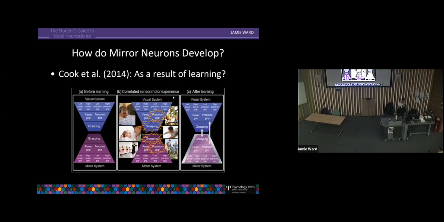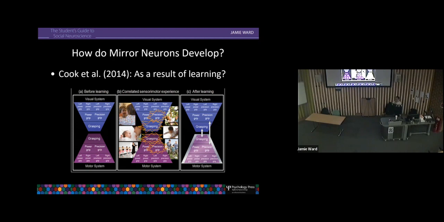And then through experience, what happens is that as you grasp for an object, you see the visual consequences of your own actions. As you engage in social interactions, you've got mirroring and imitation there. You've got mirrors themselves. You've got social activities that build up your mirror system repertoire, so that in effect when you see somebody grasping, you activate your own motor system. So their claim in effect is that mirror neurons are not social. They don't exist for social reasons. They are a byproduct of